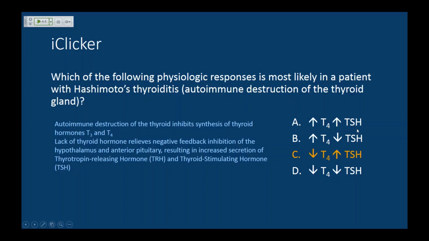So, destruction of the thyroid. If the thyroid is destroyed, we can't very well make T4, which is one of the thyroid hormones. But because we're losing that feedback, we now are going to produce more thyroid stimulating hormone in an attempt to signal the thyroid to make more T4. The thyroid stimulating hormone doesn't know that the thyroid is destroyed, so it's going to keep making TSH, hoping that eventually you'll make more thyroid hormone. Again, simple negative feedback gets you a long way.